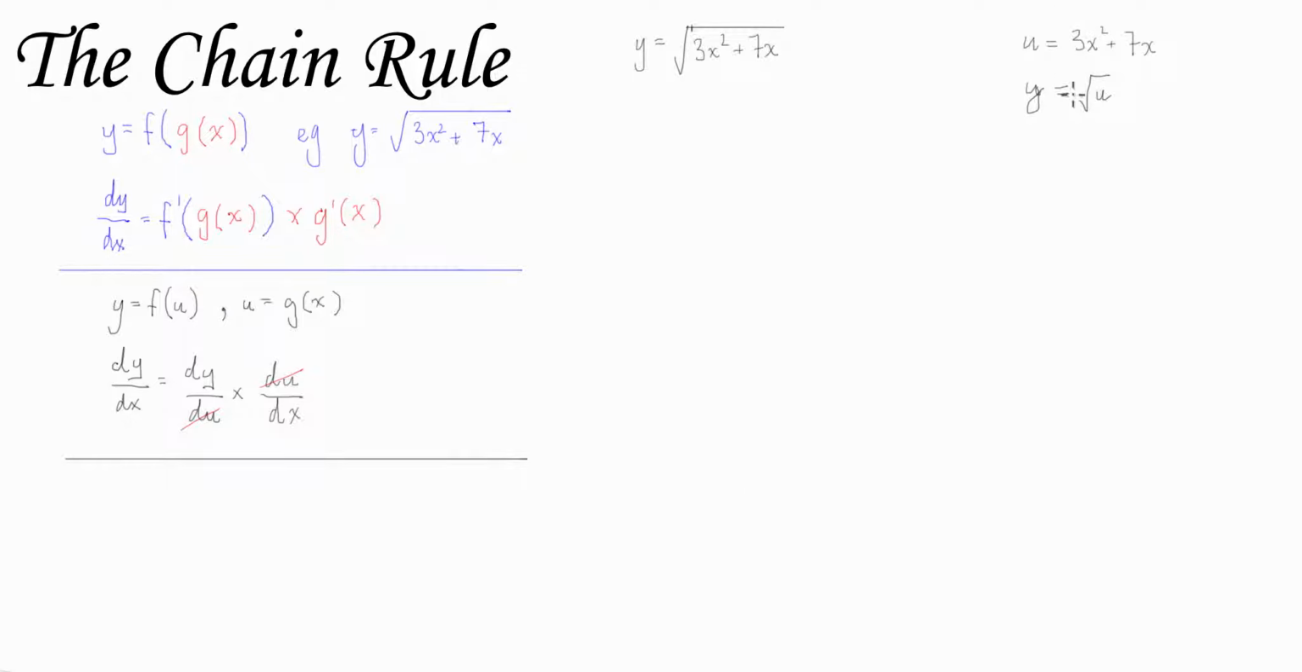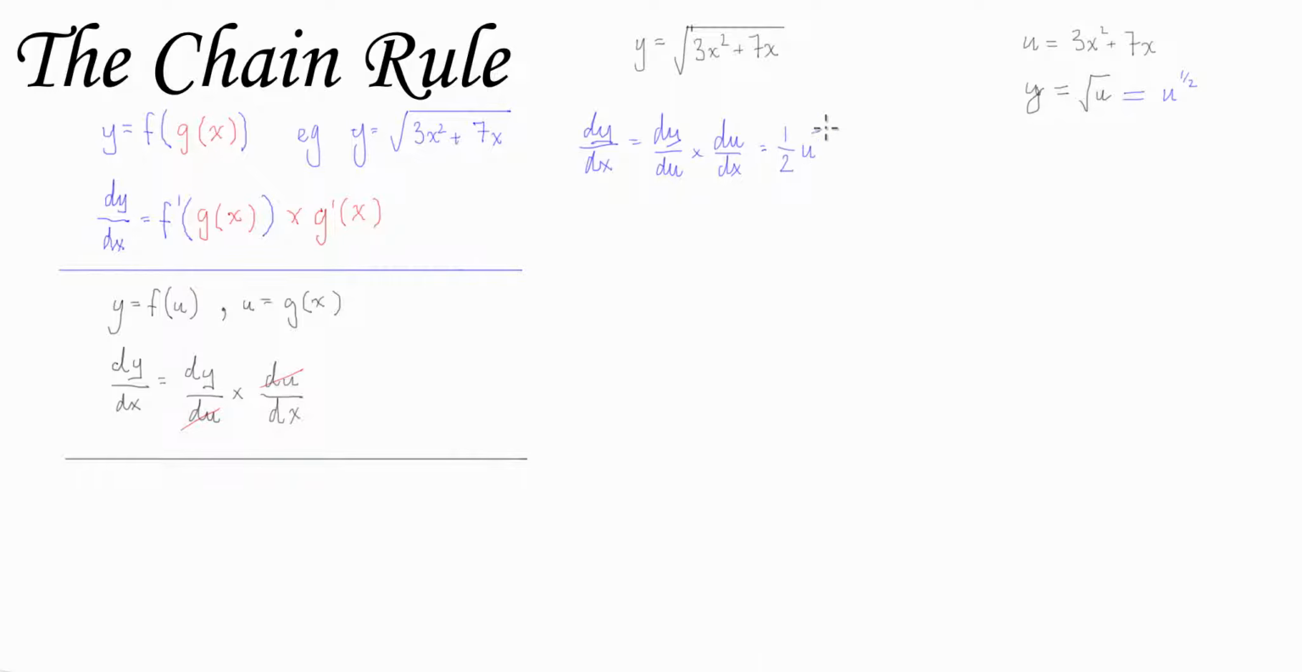The way we're going to solve this is we're going to rewrite this as u to the power of 1/2, and then we're going to apply the chain rule. We'll write the chain rule again so you can see exactly what I'm doing. dy/dx is equal to dy/du times du/dx. So dy/du, the derivative of this, is going to be equal to 1/2